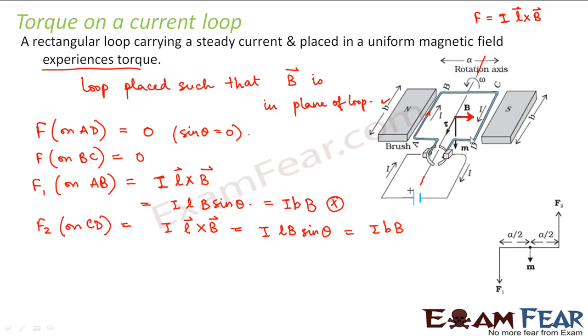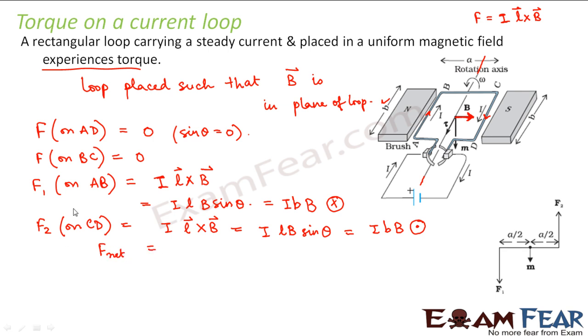Take all your four fingers along this direction because this is the length vector, and then curl them towards the magnetic field. Therefore, your thumb points upward. So the net force acts in the upward direction. So what would be the net force?